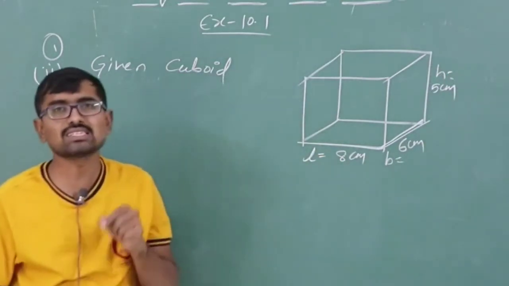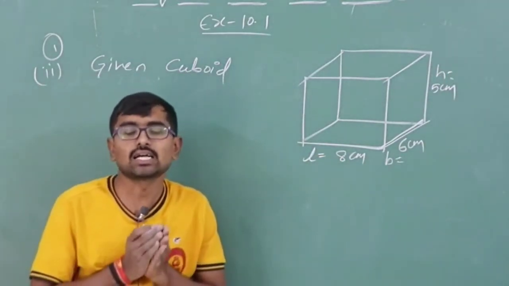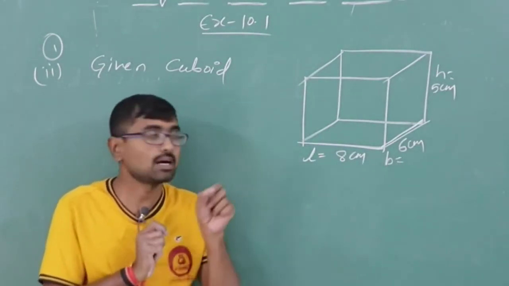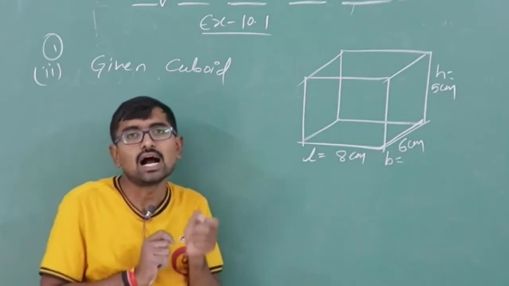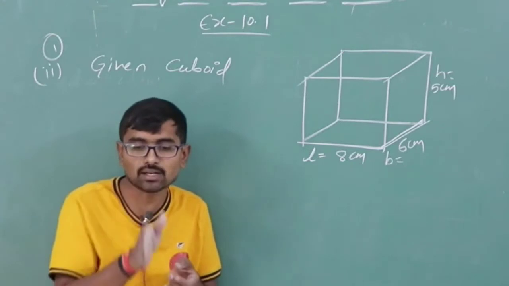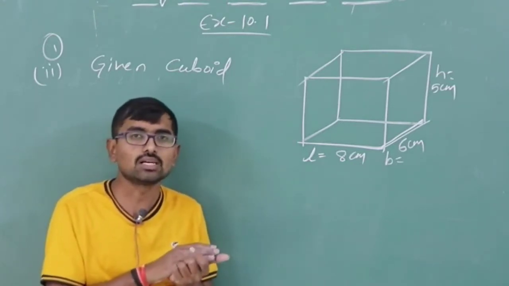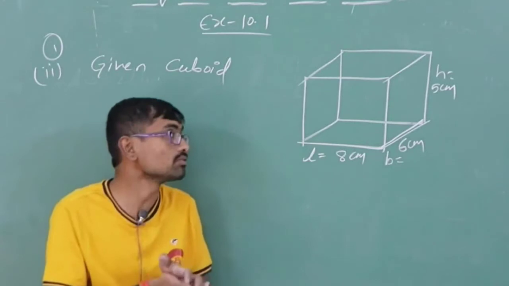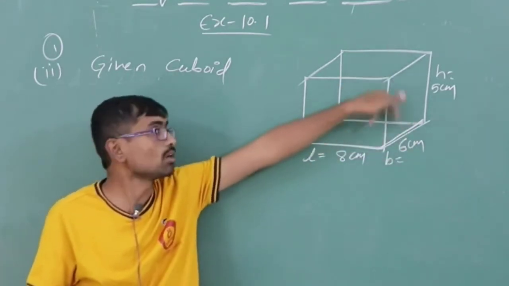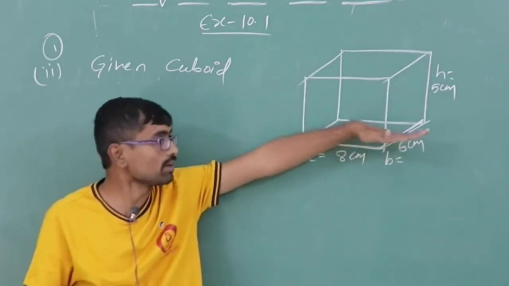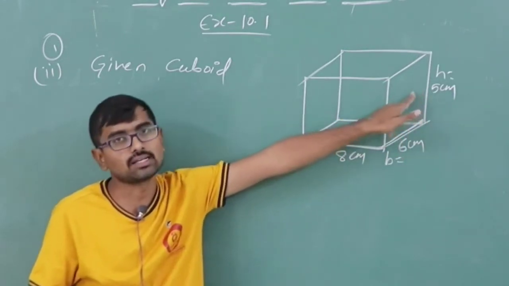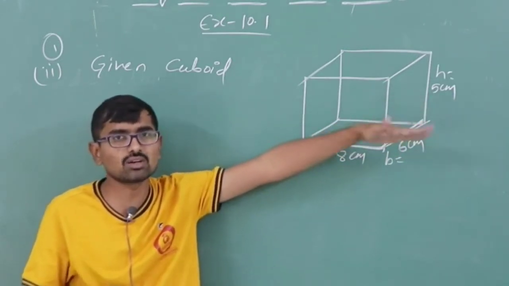Always remember one thing. What is height? Height is the measuring unit which is exactly perpendicular to the earth, from top to bottom. As we have this top to bottom which is exactly perpendicular to the earth, if I take the earth here, as it is perpendicular to the earth, this is the height I am taking here. You can't take it on your own.